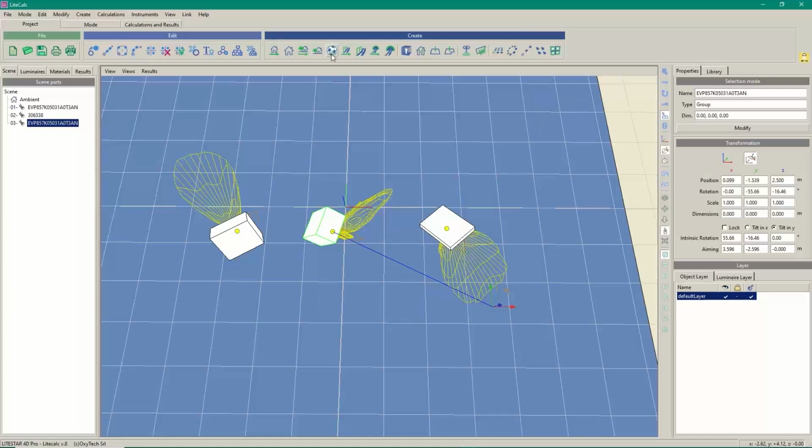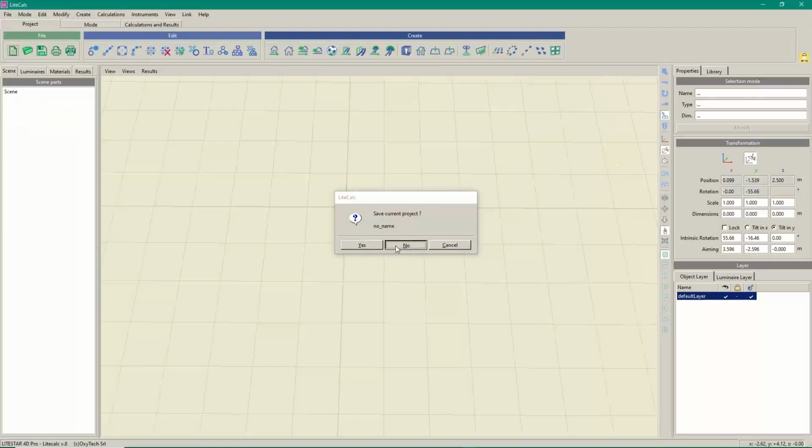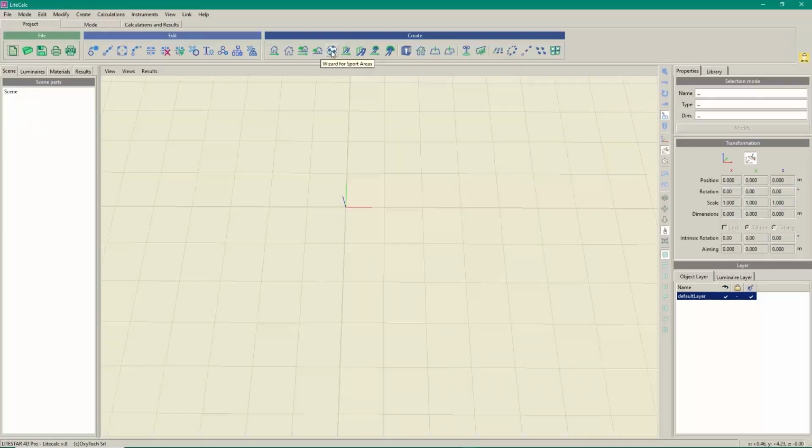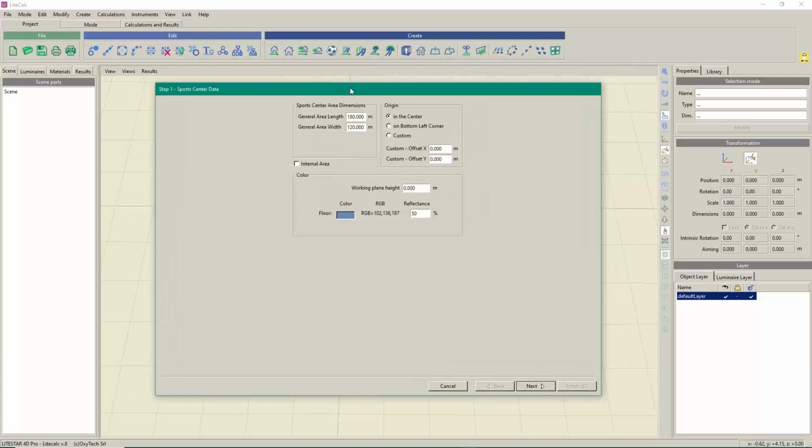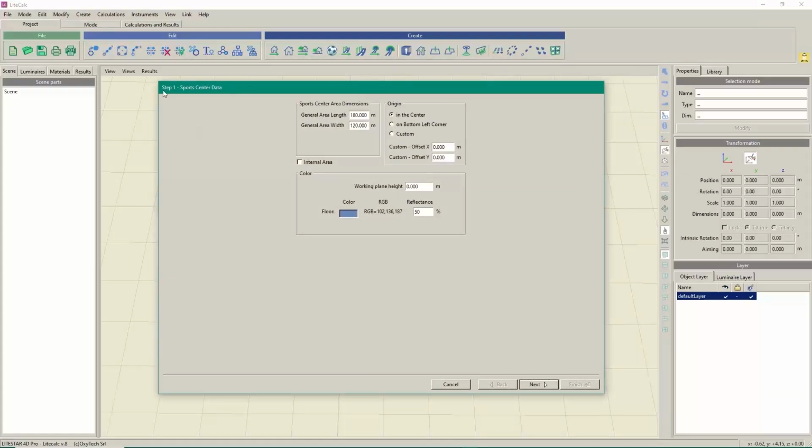Let's start now with the demonstration of the Sport Plus module. So let's clean it up. The Sport module may be accessed through this icon, the wizard, and this is the wizard for sport areas. Whenever you select this one, then this window will appear. And this is the first step, Sport Center data. Why? Because